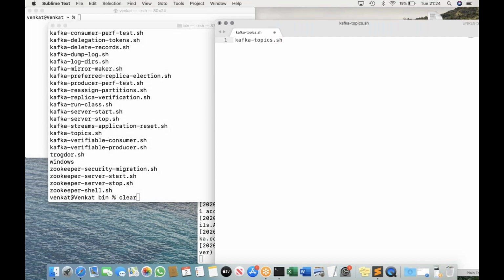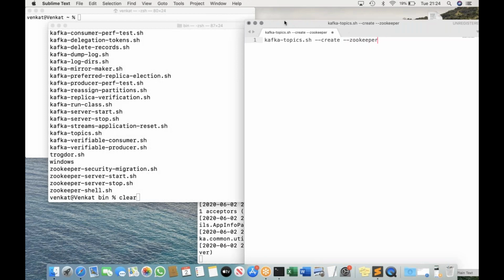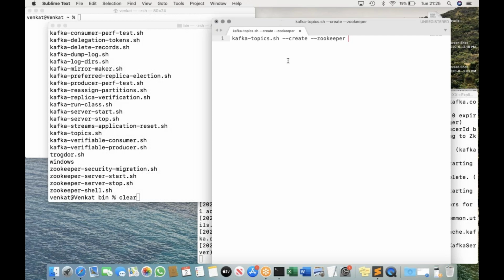Yeah, kafka-topics.sh space hyphen hyphen create, space hyphen hyphen zookeeper, space your zookeeper. Say where it is running: localhost, and it's running on 2181, right? Type localhost:2181, space, hyphen hyphen replication-factor, space 1, since we are using only one machine. Space hyphen hyphen partitions